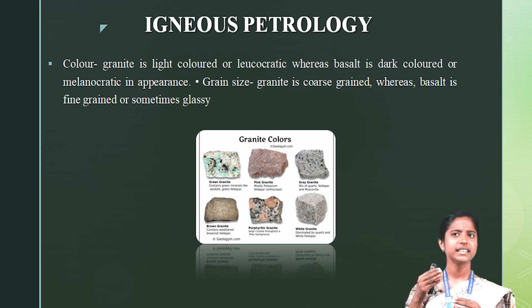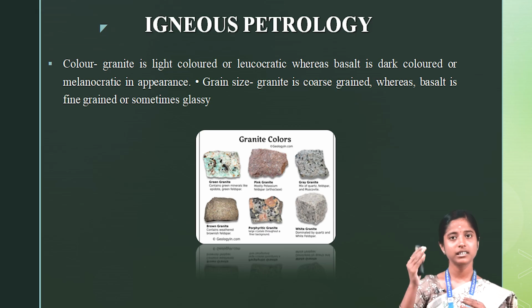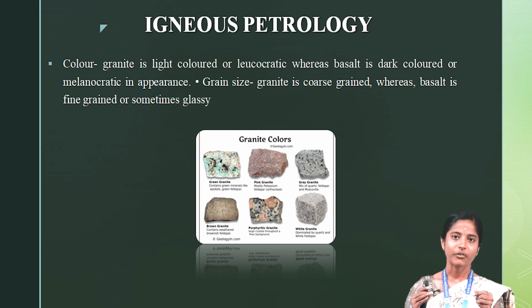Whereas basalt is fine grained. Basalt is a volcanic rock, coming under volcanic to hypabyssal. In the hypabyssal to volcanic conditions the grains are very small, so they are fine grained or sometimes glassy. Basalts are also sometimes seen in a glassy structure. If basalts are glassy, they come directly from a volcano as lava. That lava comes onto the earth surface and cools, so it becomes a glassy structure. So granite is coarse grained, whereas basalt is fine grained or sometimes glassy.